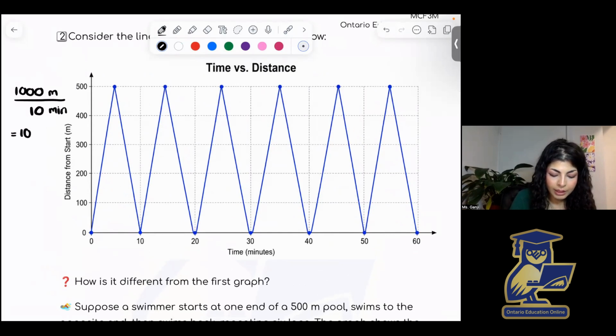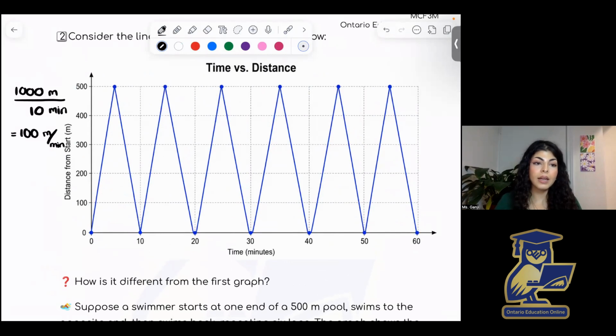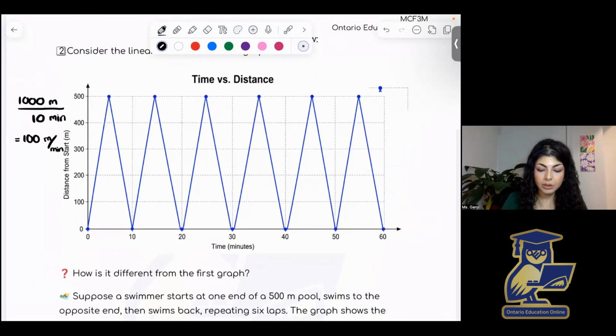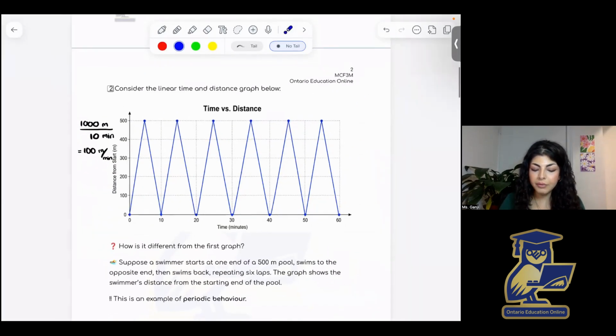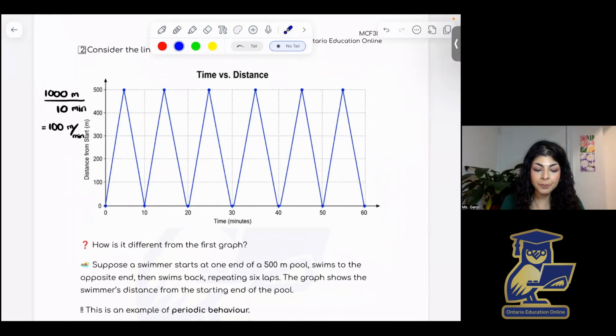And so he's traveling at, or swimming at, 100 meters per minute. So here, now we have two different units, meters and minutes. So I will respect whatever is on the graph there for my distance, for my speed, which means